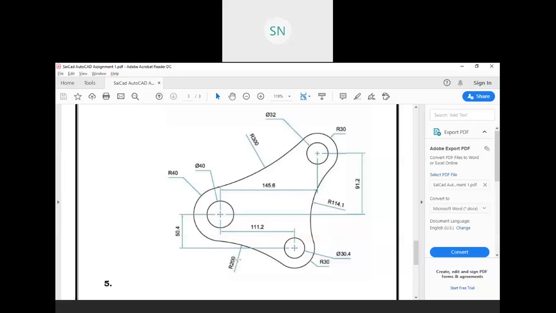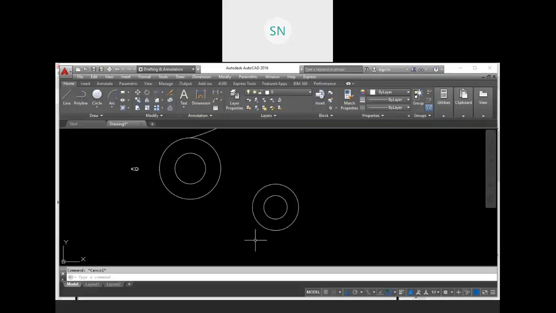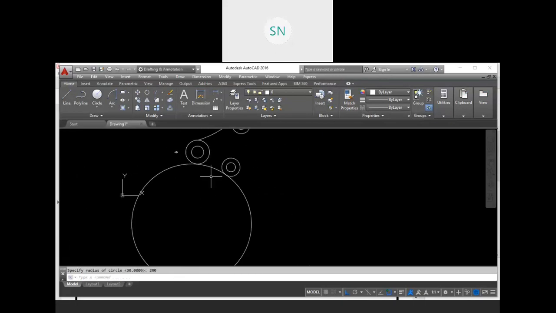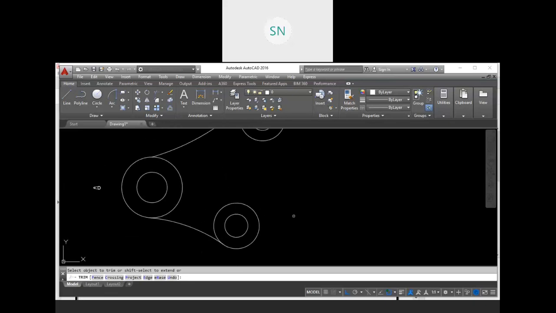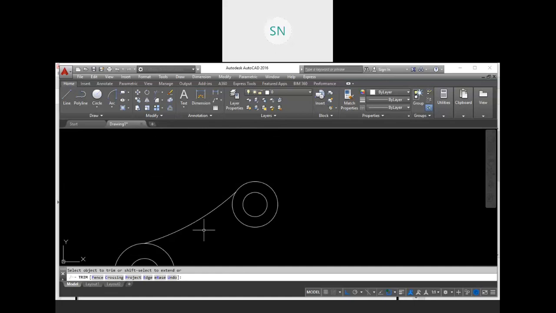The radius we have is 200 and it's tangent with this arc and this arc. So C, enter, TTR, tangent with this circle, tangent with this circle, and radius is 200 mm. So you got a full circle, then trim it. So you can use this method also. This will be easier for you.